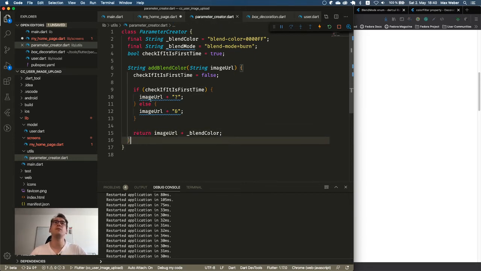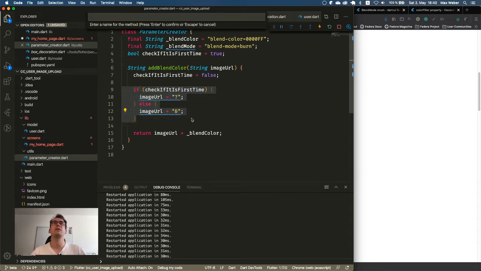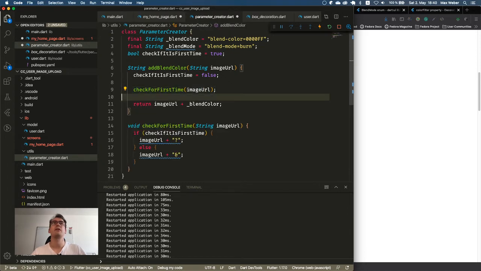But as you can see, we will call this part more often because for all the different options that we have, we will call this method here. So I extract a method, call that check for first time, get a nice little method here, and we add the image URL. So, is that a good behavior?